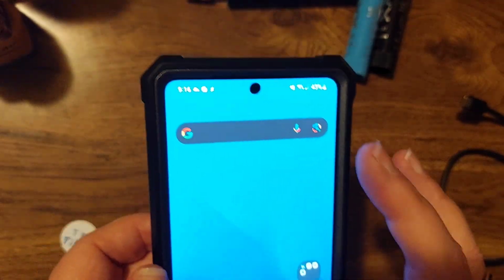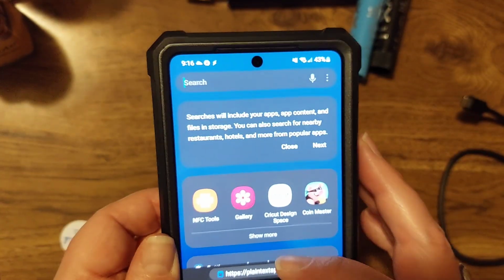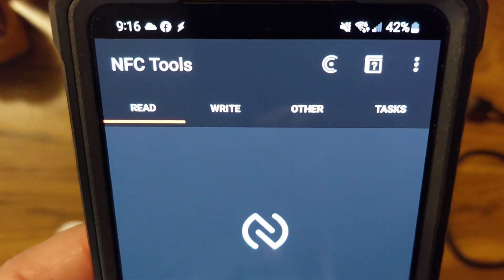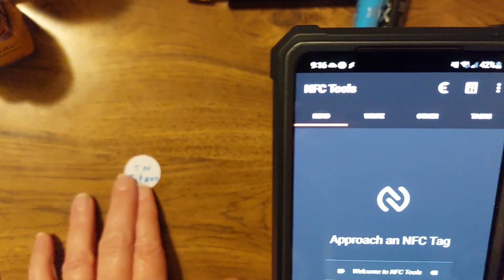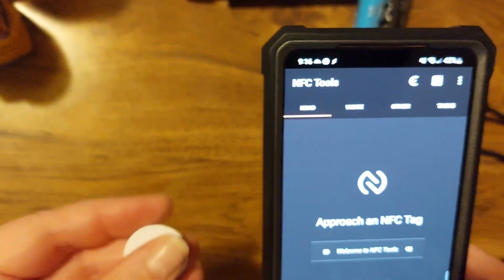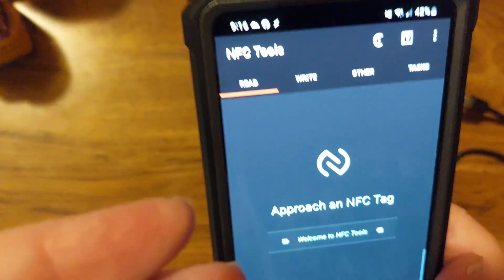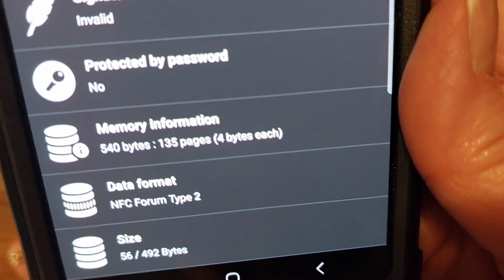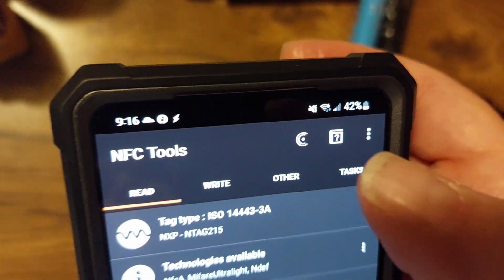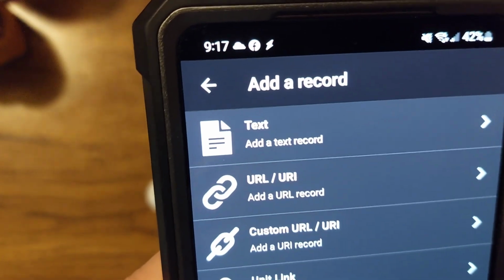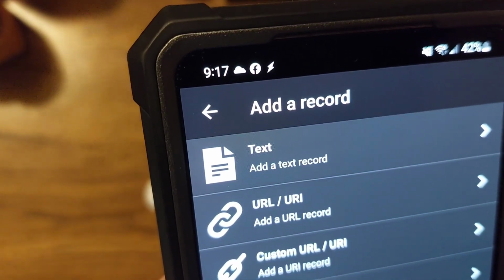and then I'm going to go to NFC Tools, and we're just going to write over this tag and update it with a new website. So here we've got the tag, and I'm going to approach the tag. Alright, and it's got the information that it was doing, but now I'm going to overwrite that with add a record, and it's just going to simply be a URL record,